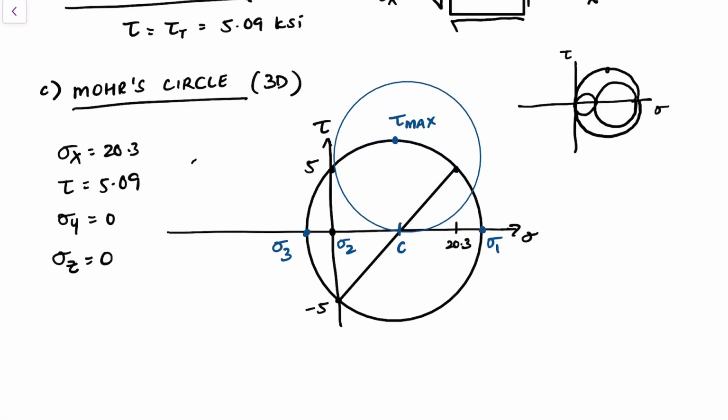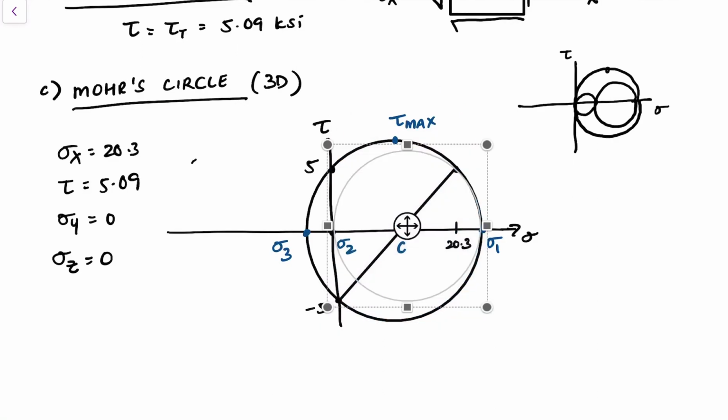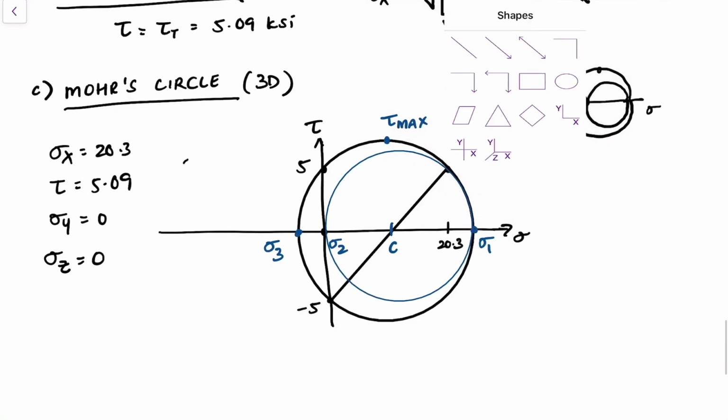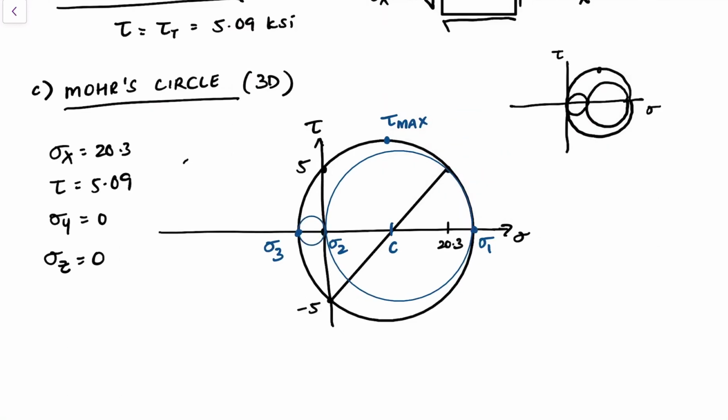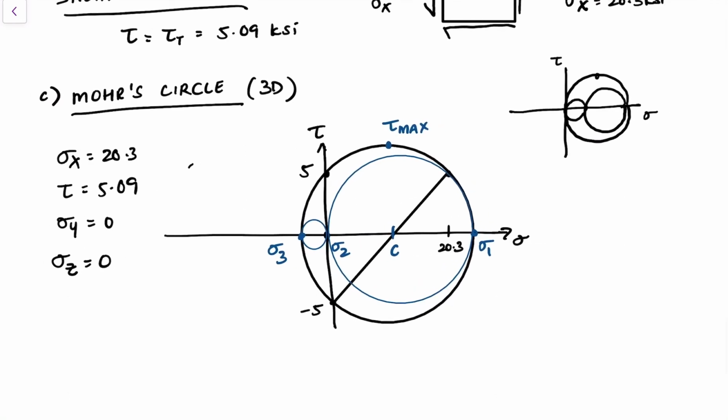See if I can get this right. So this is your first circle, right? The other one, and then the smaller one, which looks like that. So this is basically your 3D Mohr circle with three principal stresses,